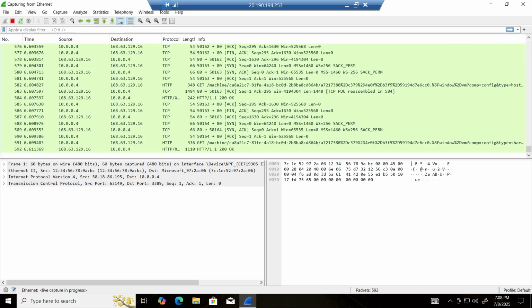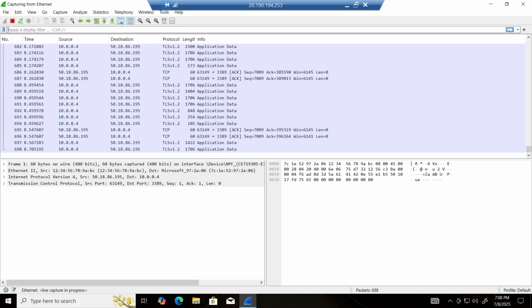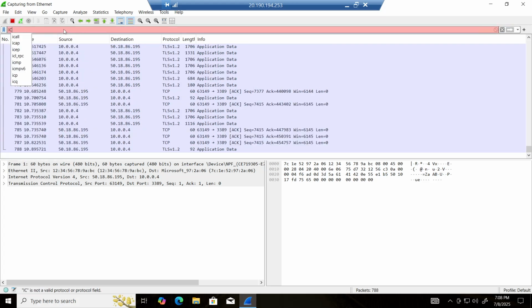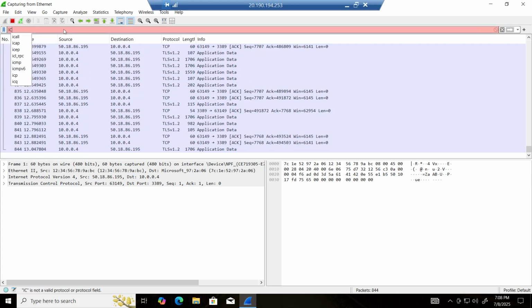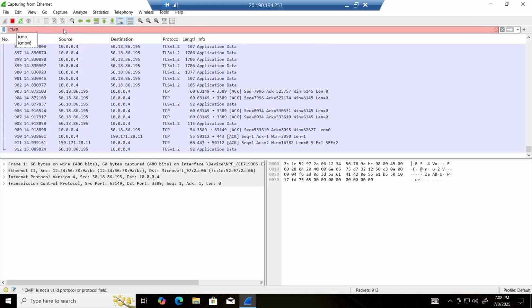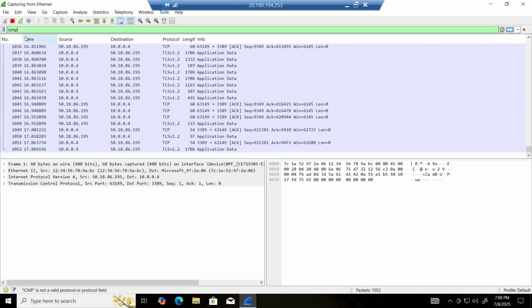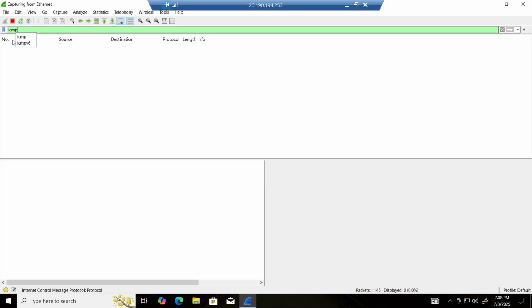But right now I'm going to filter in the filter bar for ICMP. Click enter, and as you can see there's no ICMP traffic currently, so we're going to change that. First I'm going to go back to my